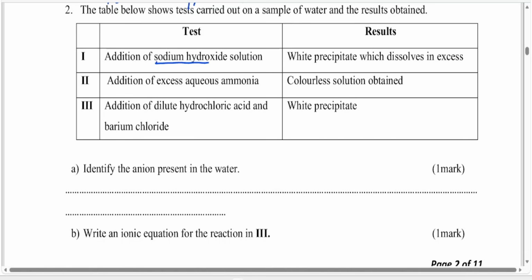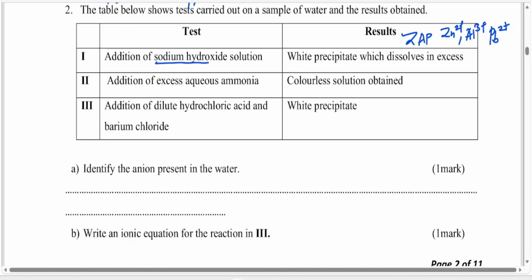And we know during adding sodium hydroxide, we always determine the presence of three cations, and we always call it ZAP. Z representing zinc ions, A representing aluminium ions, and P representing lead-2 ions. Therefore, if this addition of sodium hydroxide led to a white precipitate that dissolved in excess, then we cannot make a conclusion which cation was present in that solution. So we leave it at that point, and then we move to